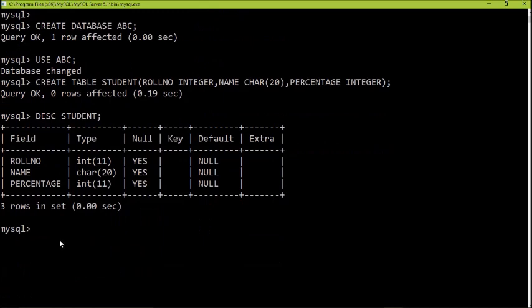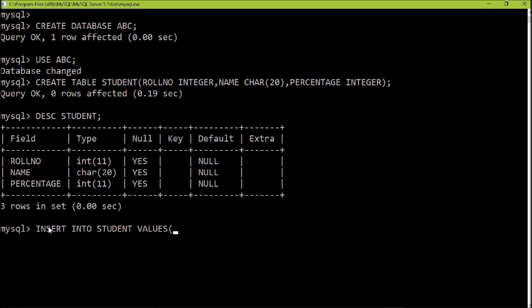Now we'll add data inside this table. Okay, how to add data inside the table? For that we must use command insert. Fine, insert what? Insert into should not be missed out. Insert into what? Student table. Okay, insert into student, and for that again you must use the word values. Insert into student values. Now use the bracket.